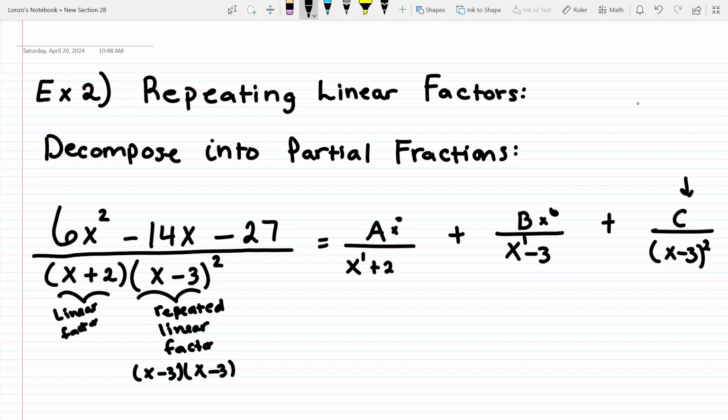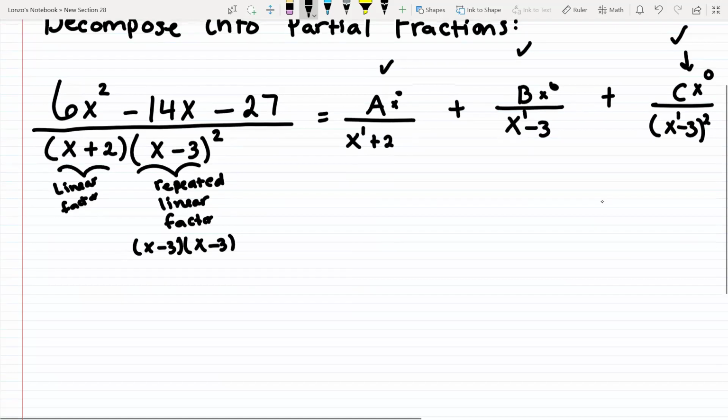Now, what about c? You have this power 2, but here's the thing. You only care about the power inside the parentheses. So our power inside the parentheses is 1. So this is a power to the 0. So yes, it checks out. So they all check out as the degree on the bottom is bigger than the top. Okay, so now what we have to do is find our a, b, and c